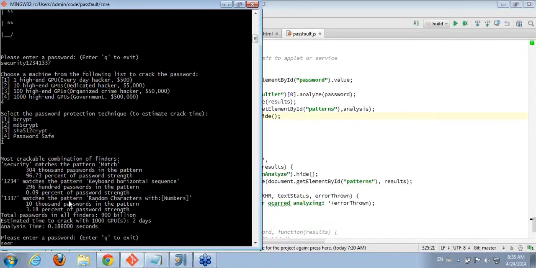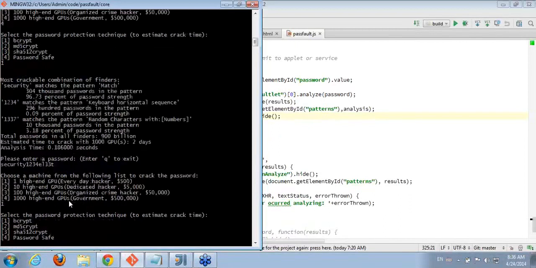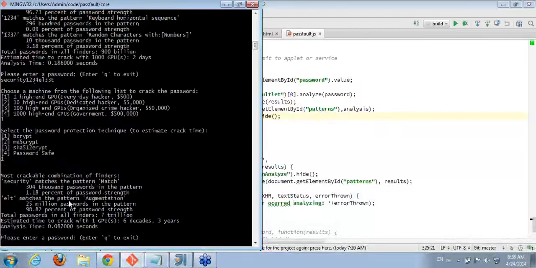So if we were to enter that same thing again, security, and instead I had a mix of real characters in with random ones. I'm typing and not talking. Okay. Oh, interesting. It's interesting to find the different patterns it finds. Sometimes it doesn't match the pattern that you used to create it because it found a weaker pattern.